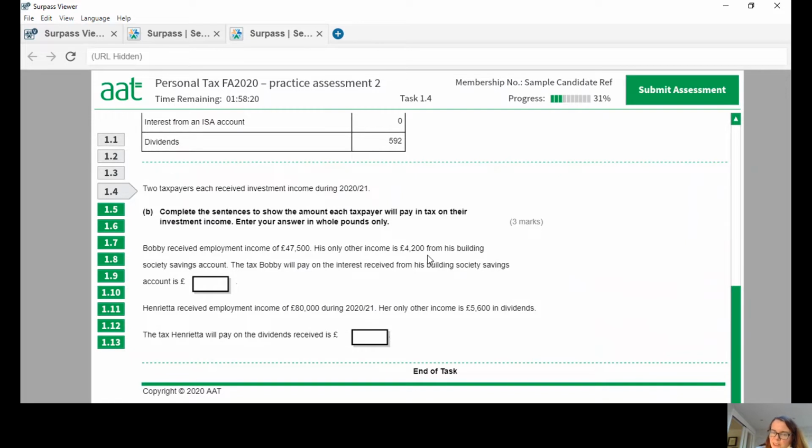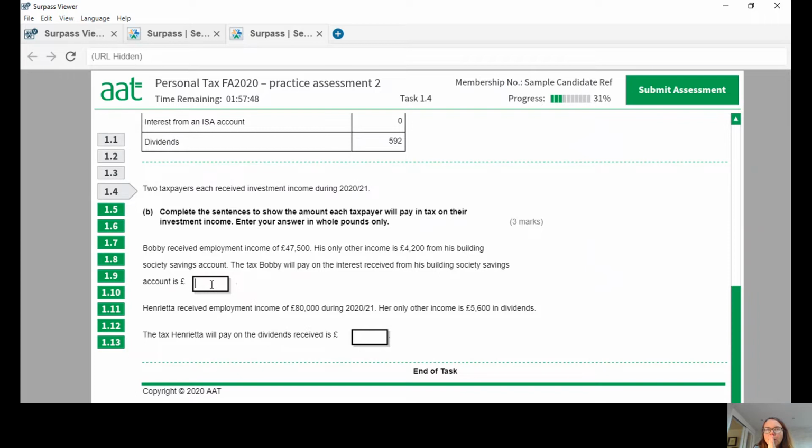His only other income is 4,200 from his building society account. So you can see that that's, what did we just say? We won 35,000. So 2,500 will be taxed at the basic rate. And the remainder, so 4,200, take away 2,500, the remaining 1,700 will be taxed at the higher rate. So the calculation you need to do,